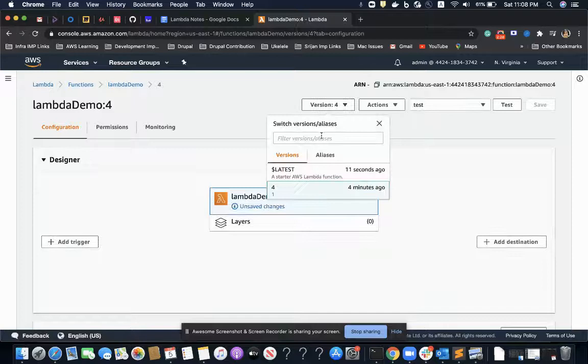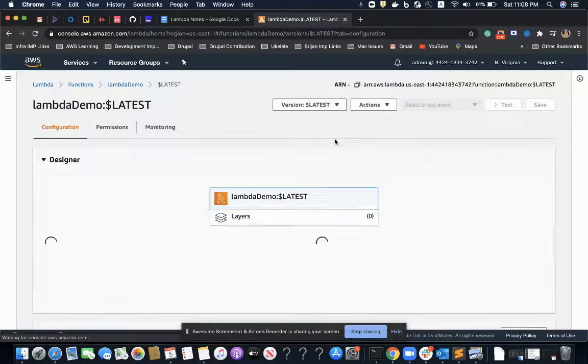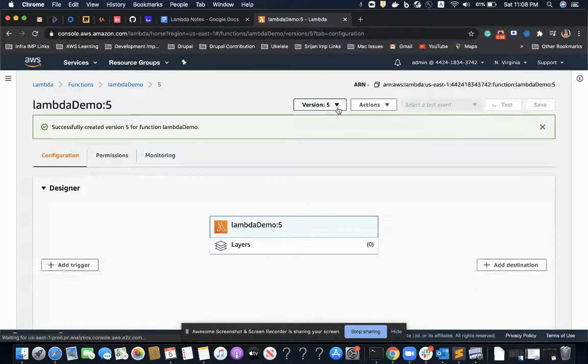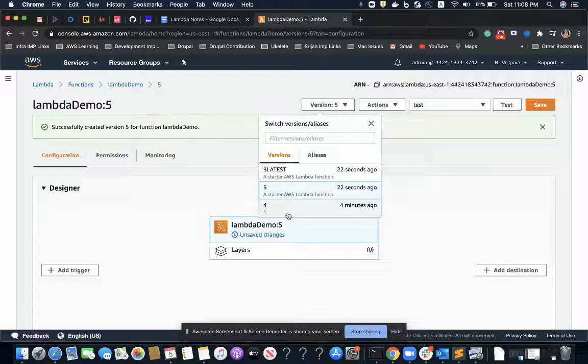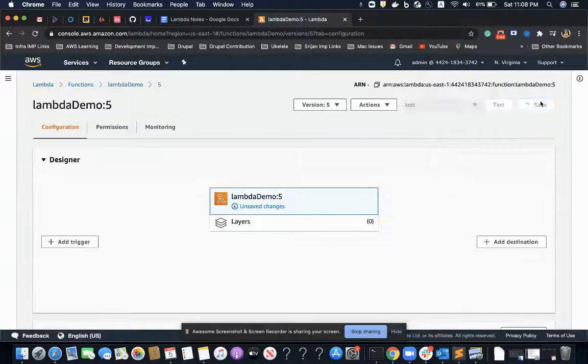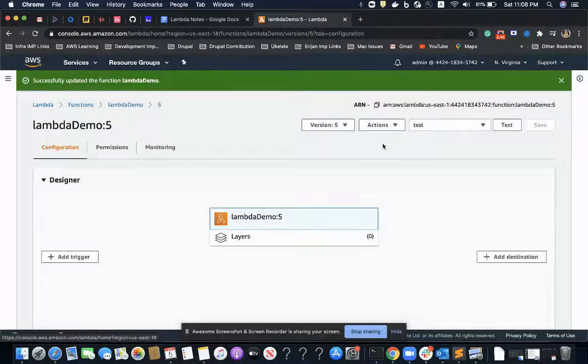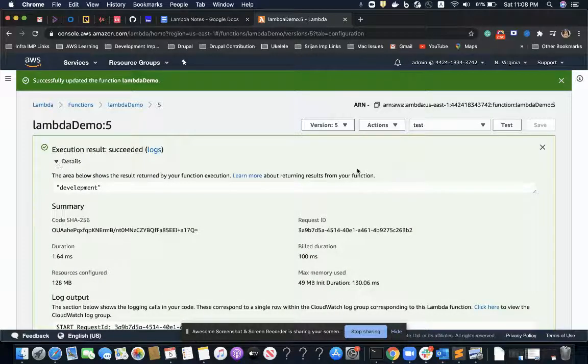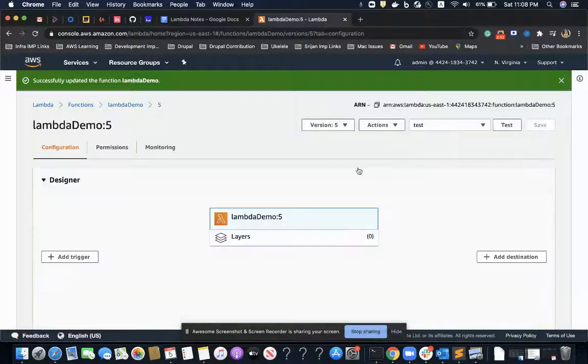So I'll go to my code and publish it as a new version. And done. Now I have version number 4 and version number 5. Version number 5 is basically printing development.